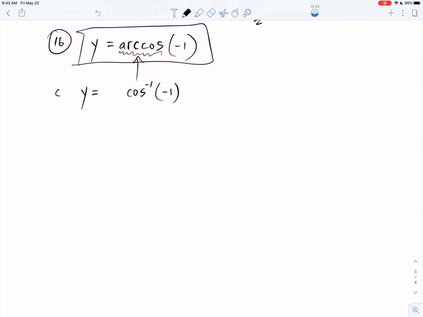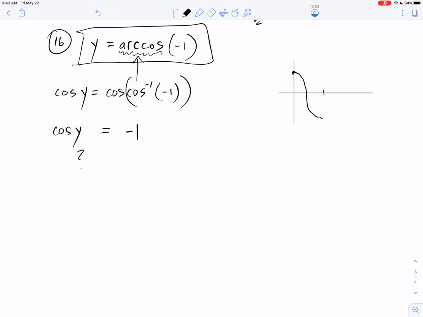Then I'm going to do this to both sides. I'm going to take the cosine of this, and the cosine of that. If I take the cosine of this side, I get -1. So on this side, I'm saying, what is the cosine of y? What is that angle y? I don't know. But I know that cosine, when I take a look at its graph, is infinite in all directions. But for cosine, what does it say on page 253? It says, for a cosine graph,